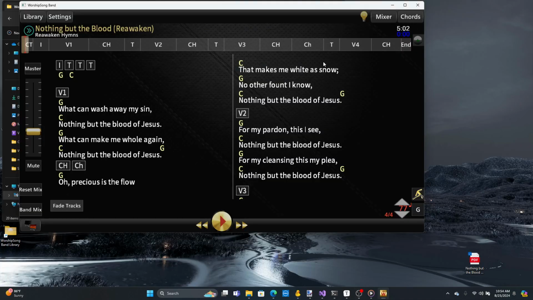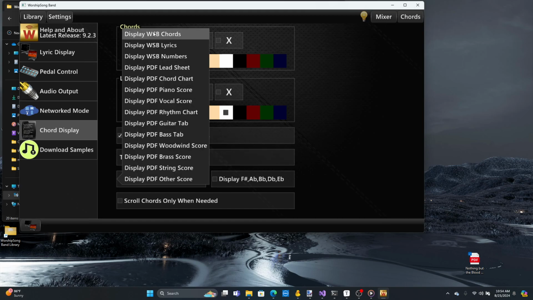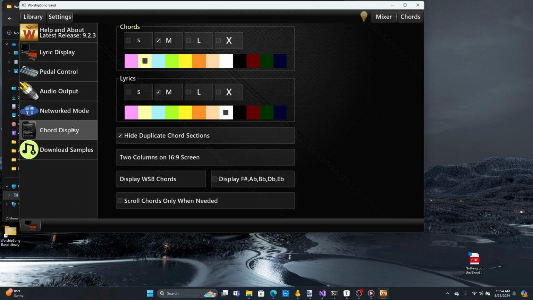Okay, so now we have the song loaded with a completed lead sheet in it, but you're not seeing it because my setting is set to display WSB chords. The way the PDF lead sheet functionality or any score works is that they're in the song, but they're only displayed if you select them. You can select to display what you want